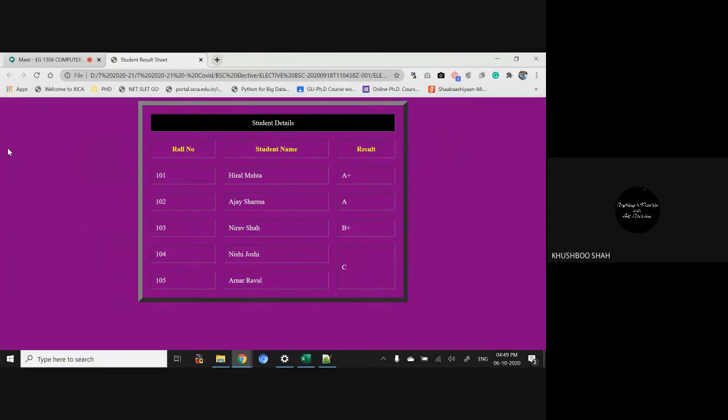So 50% of the web page area is covered by the table. But because we have put the center alignment, we can see the table in the center. So can I say that I have 25% space on the left side and 25% space on the right side of my web page? Yes. Great.